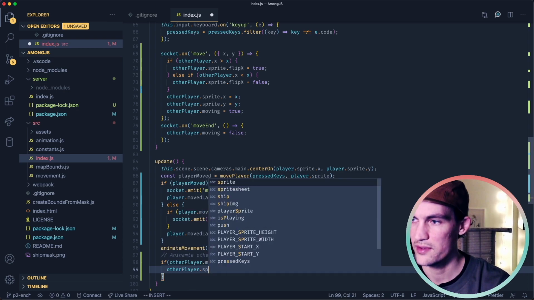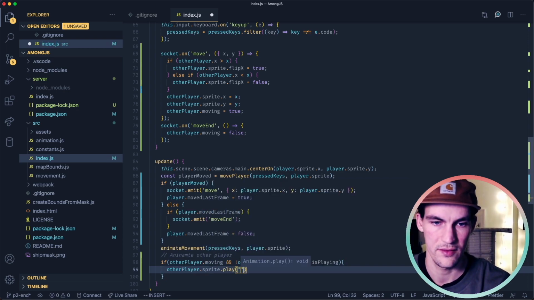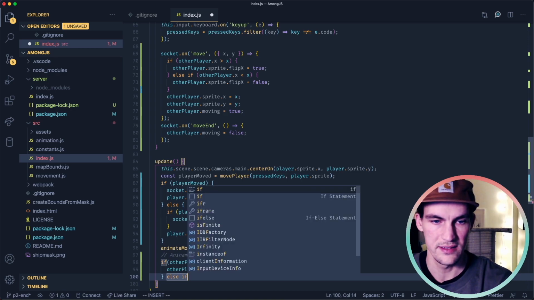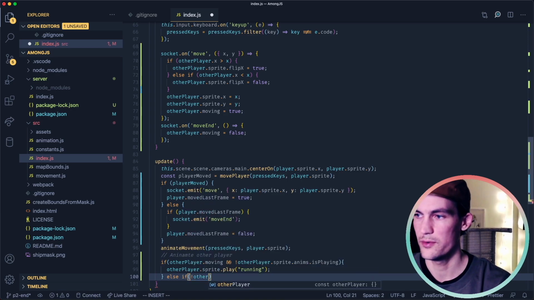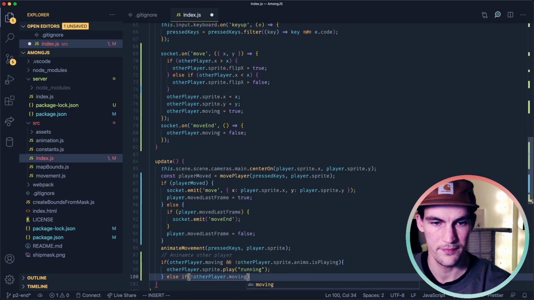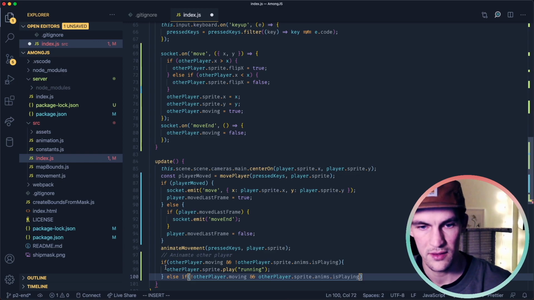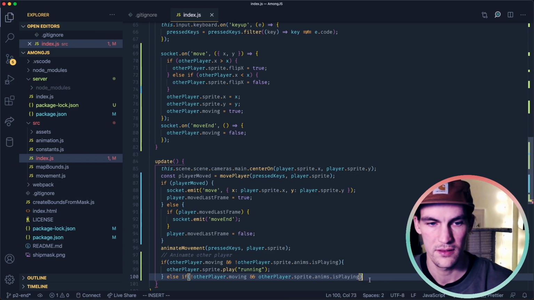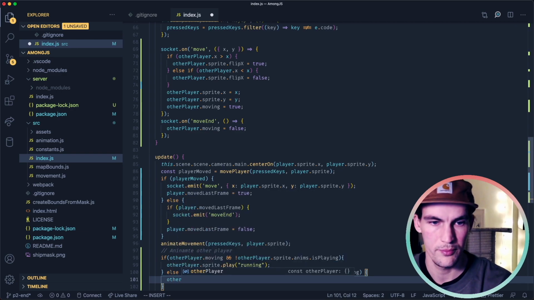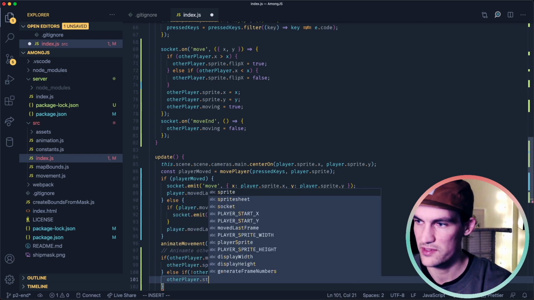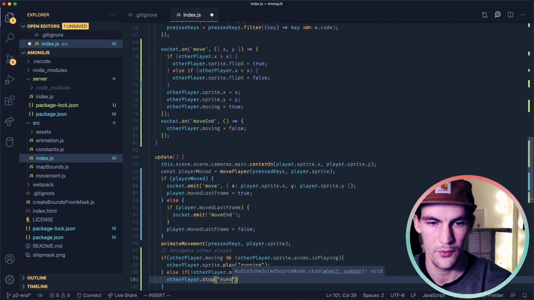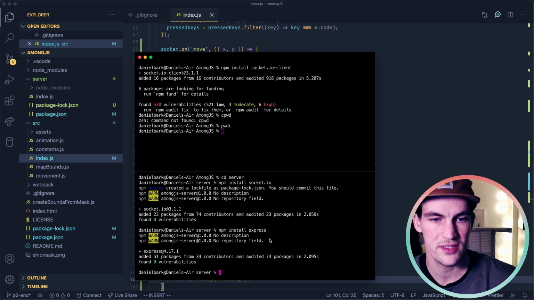Then otherPlayer.sprite.play running. Else if not otherPlayer.moving, and we are playing, so otherPlayer.sprite.anims.isPlaying, then we should otherPlayer.sprite stop running.